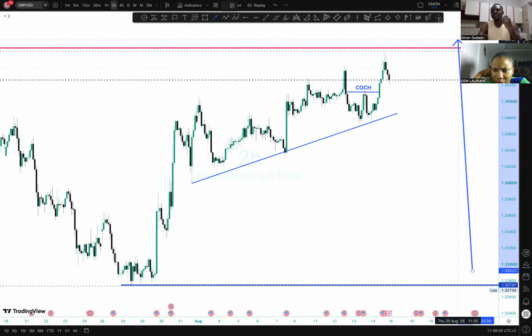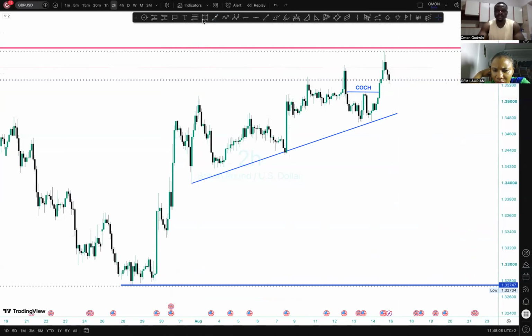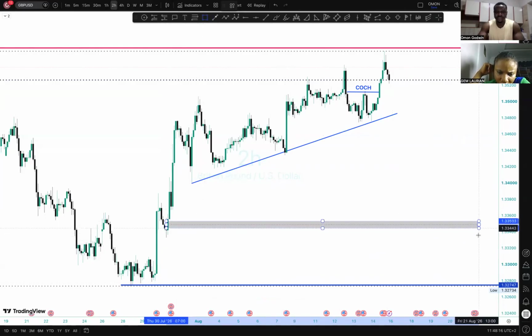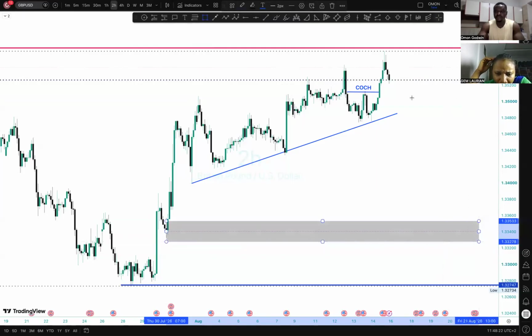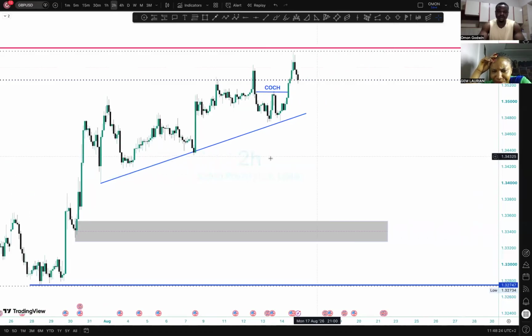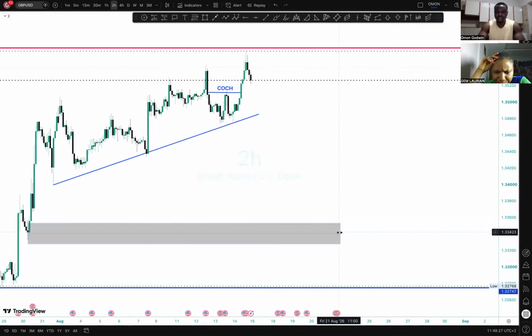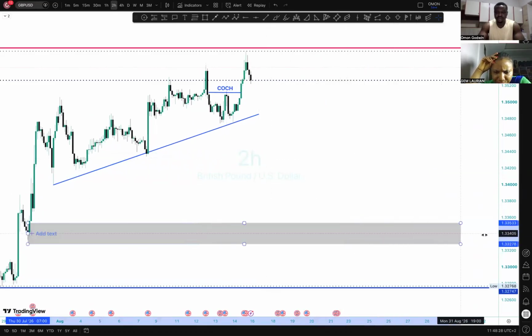So what is the next thing I'm going to mark out? I'll mark out this other block here. Then I'll mark out this other block because it's very active. Because most of the time, I can also do something like this. What would the market do? The market will get to this point where we have this